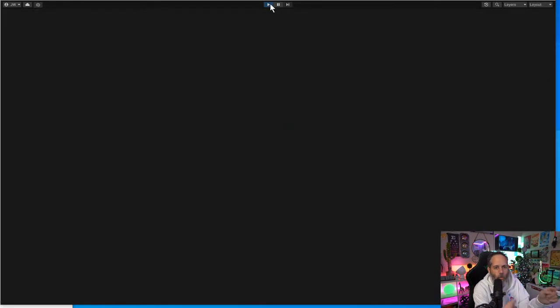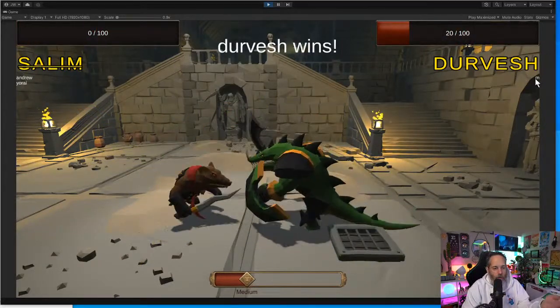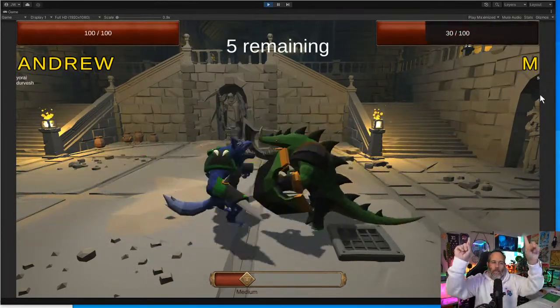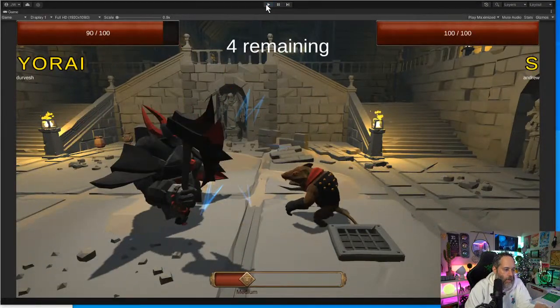You see that the way that it's set up is there are two sides. I've got a side of people here, Salim, Yorai, Andrew, and then Devesh, M and S, short names, I guess. But these are essentially the two lines of people, and the next one up is the one at the top of the list. And the way that that's set up, if we jump into the code,